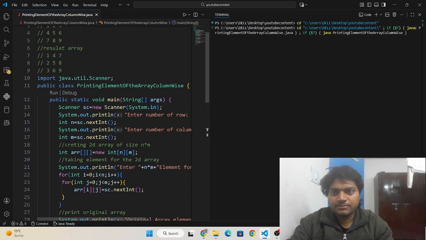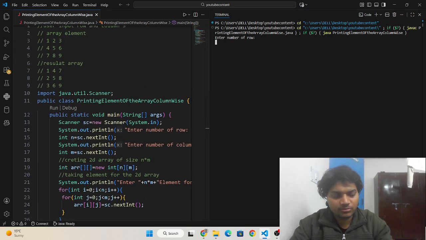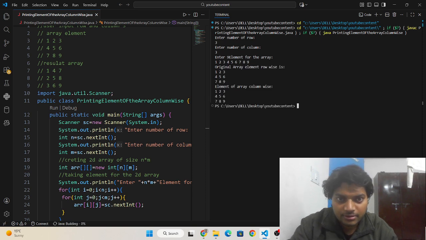It is coming. Enter number of rows 3, columns 3, elements 1 2 3 4 5 6 7 8 9. It prints 1 2 3 1 2 3.